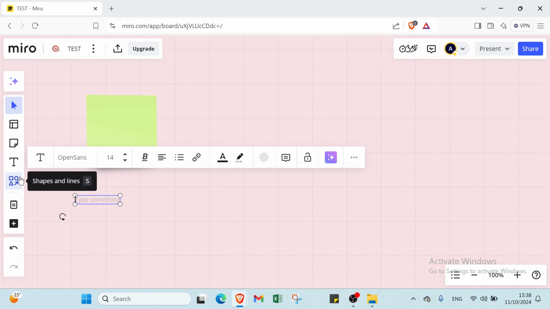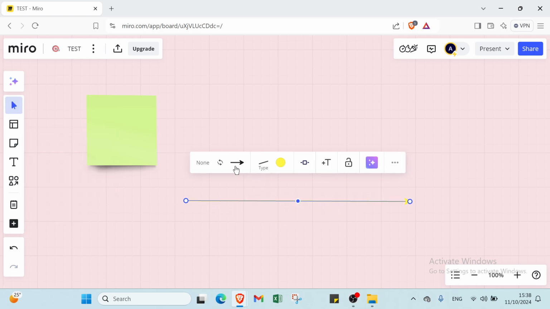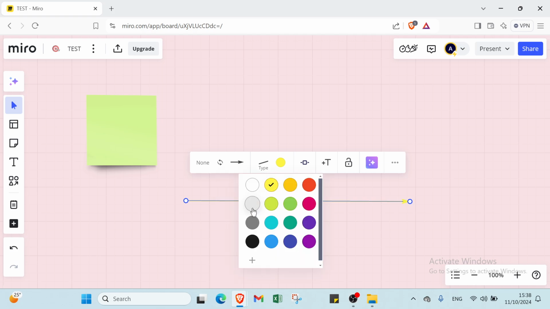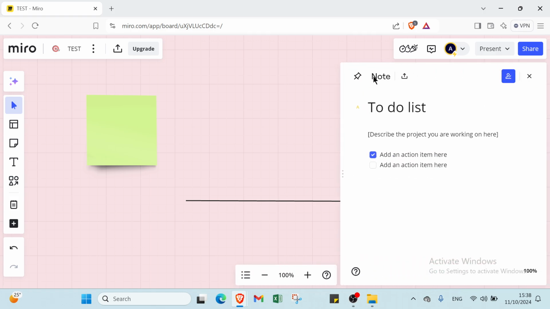Then we have here shapes and lines. For example, I will select this one, and I will just put it like that, and here we have it. And I will select also which one I want, and also the color. I'll select the black one, and this is it. Then we have here note, for example,